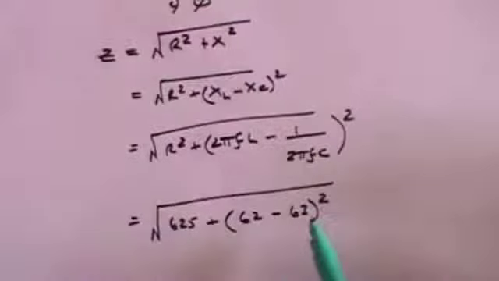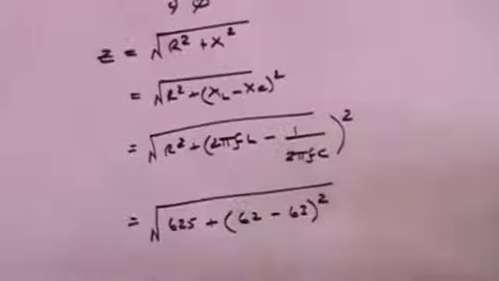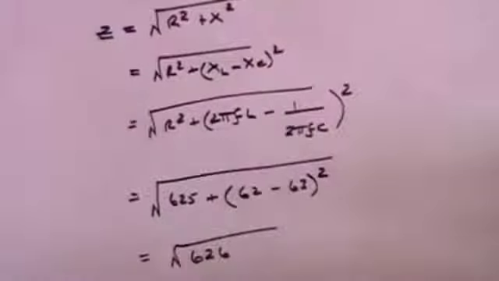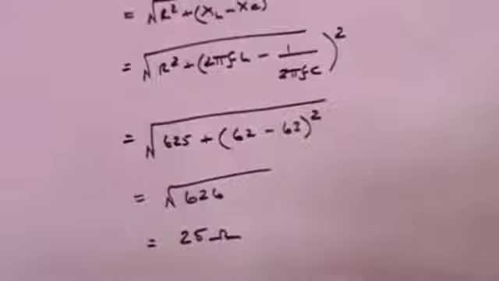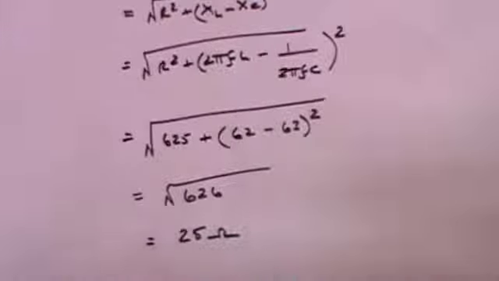So 62 minus 63, you're almost at resonance. This is almost 0. And that will come out to the square root of 625, which is broadly 25 ohms. So the net impedance of the entire circuit is 25 ohms. We know that